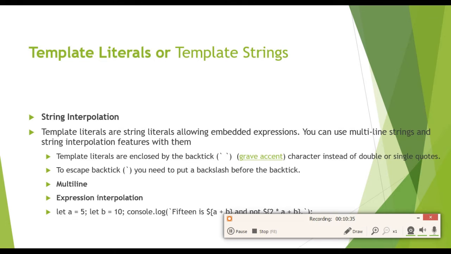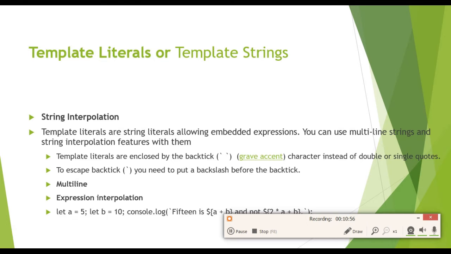So why do we use the template literal? To embed the expression, or whatever you can write inside the expression. You can also use a multi-line string by using a template literal.